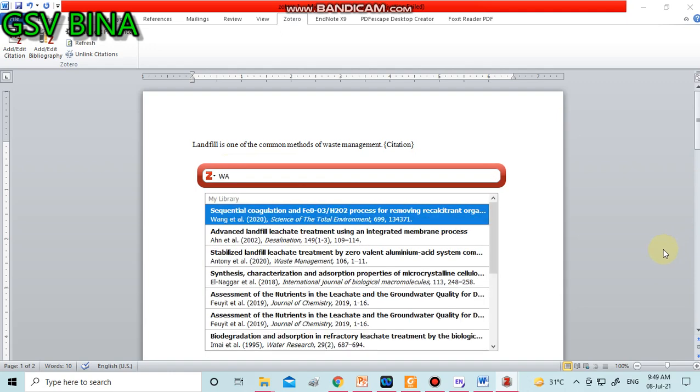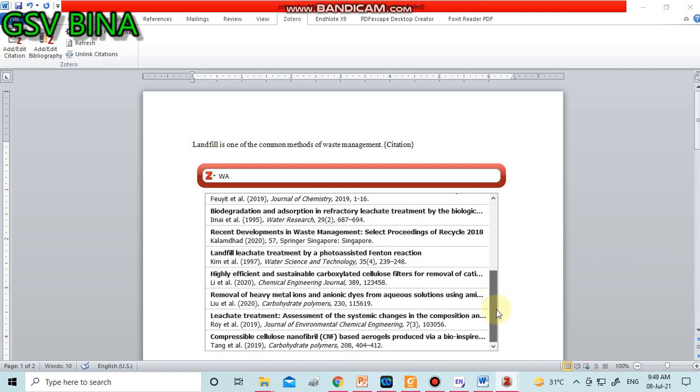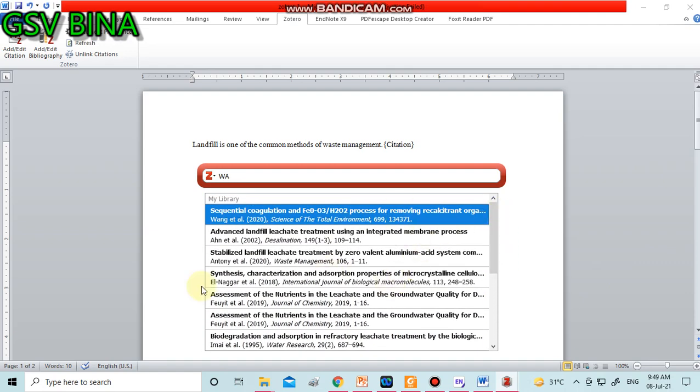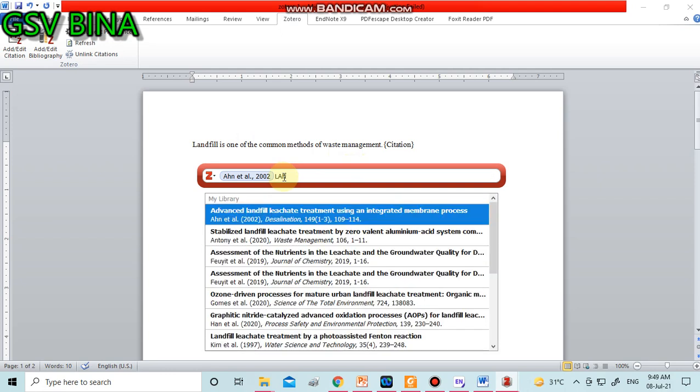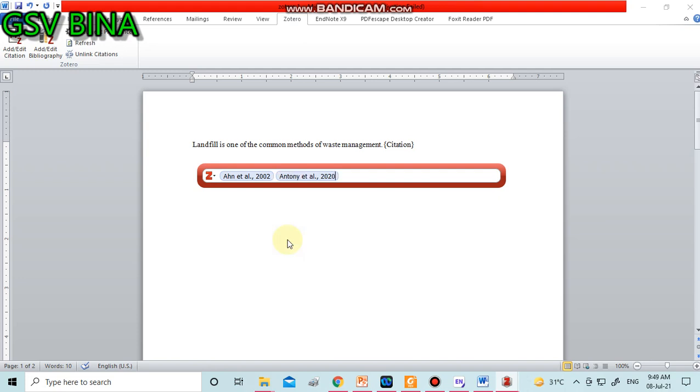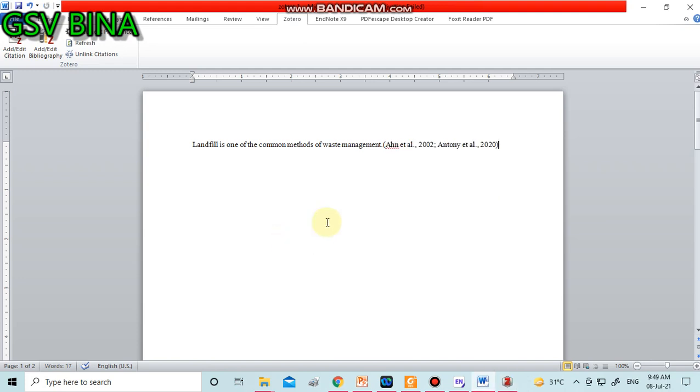All the materials that are available in the library will show here. If you want to add this citation, you just select it, and if you want another citation, you just write a keyword related to the landfill. You also want to add this one, and just press enter, so that the citation will appear here.